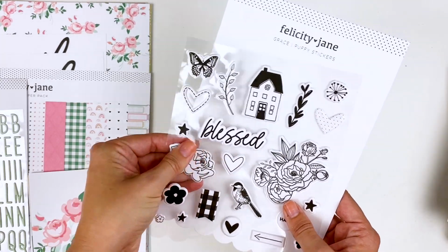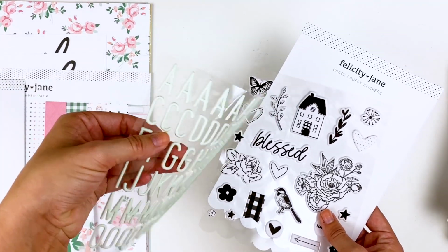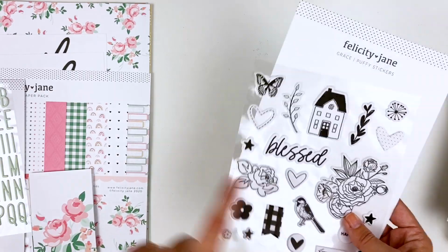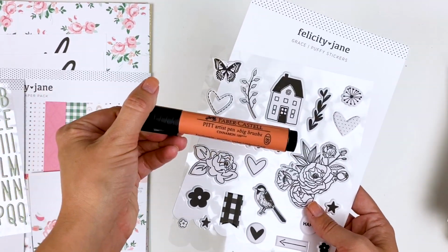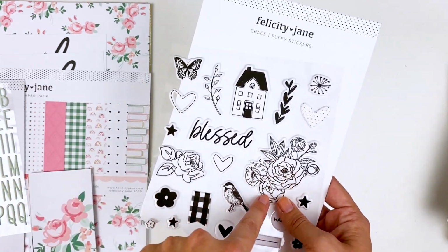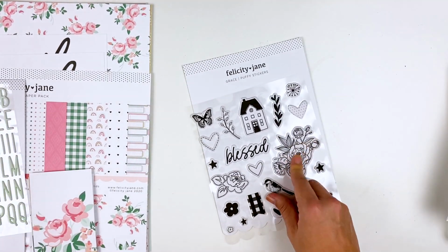The texture is so unique of their Puffy stickers. It's a lot like their Puffy Alphas, if you've gotten their Puffy Alphas before. I have colored on these before. You do want to use something that's permanent, like a Sharpie or an alcohol marker or a Pitt marker that's the India ink, and you could go in and color in on this and customize these if you wanted to, because it is a matte surface, but